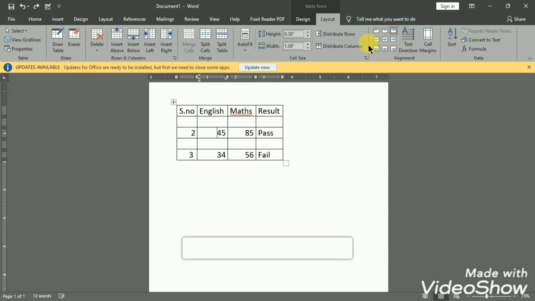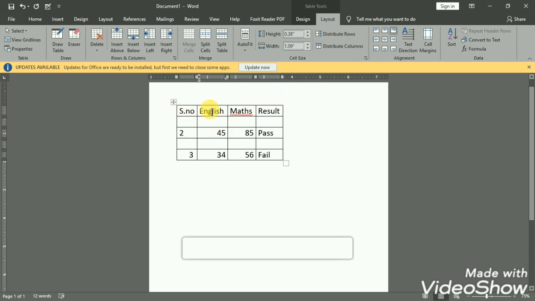Or if you want any other alignment, right, left, whatever alignment you want, you can select that alignment. If you want to keep the same alignment for the entire table, you can just select the table and give the alignment. Whatever alignment you need, you can give that alignment.